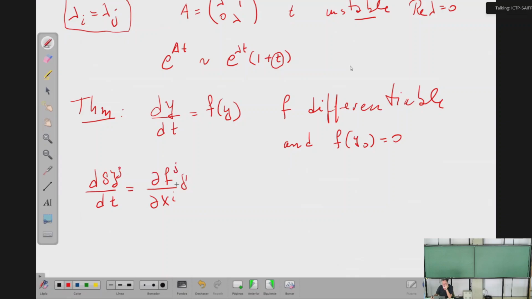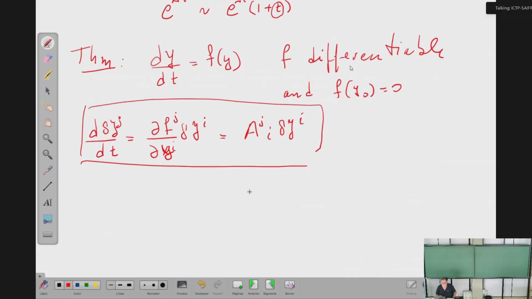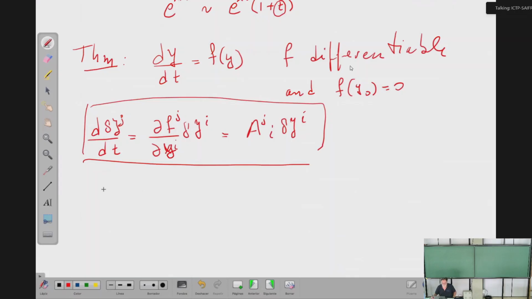These are the components. I take the derivative with respect to the position and delta y here. This is a linear system, so this is a matrix. So you look at the linearized system. We are going to come back to this later. Then you can show the system is stable